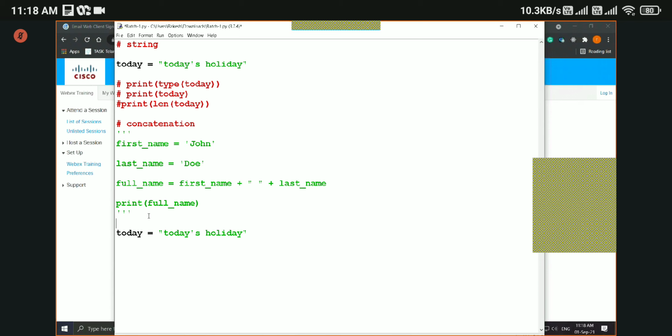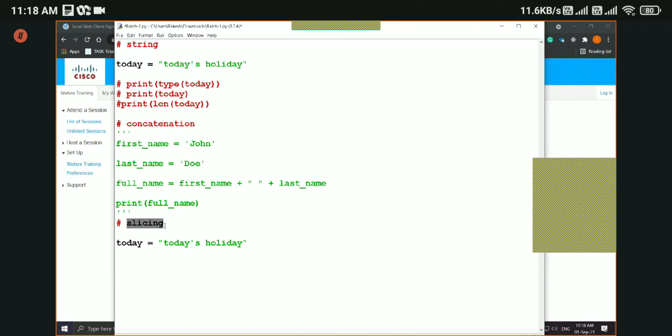We'll talk about slicing. Okay, slicing. This slicing is applicable on list and tuple as well.